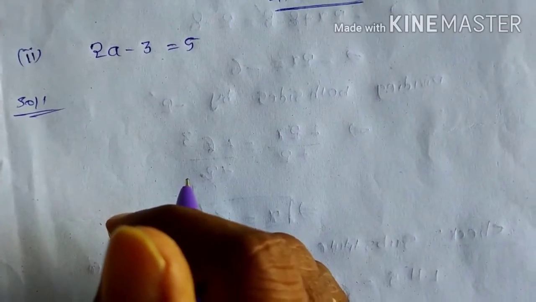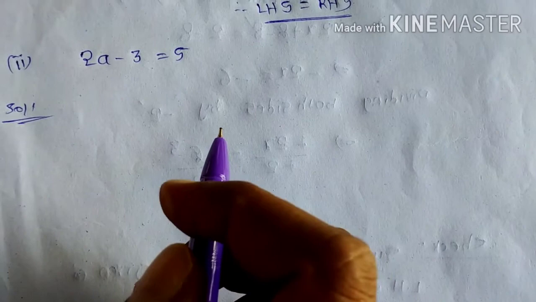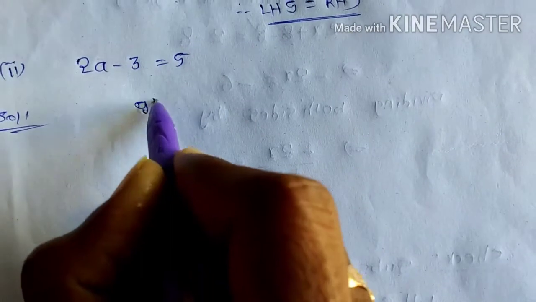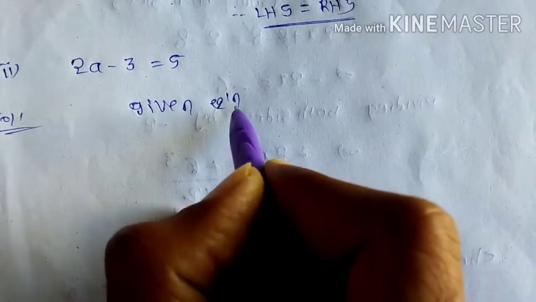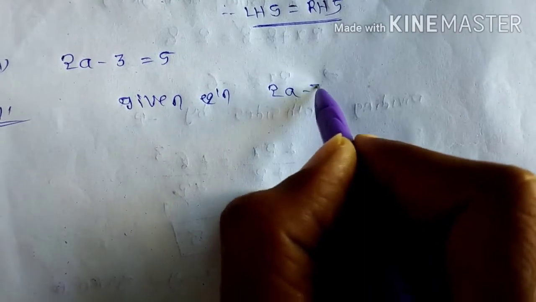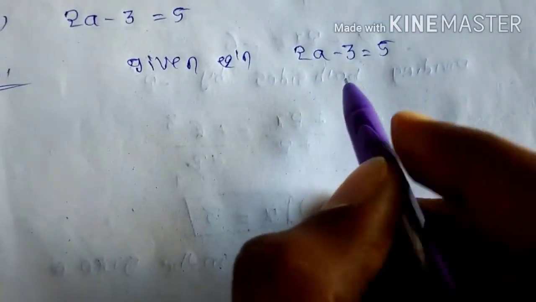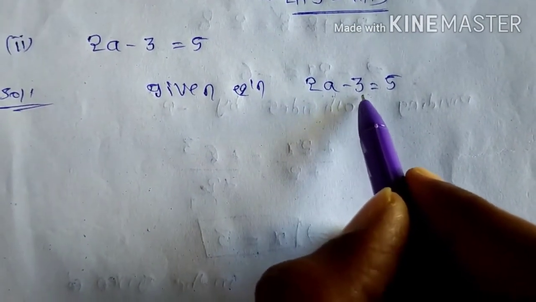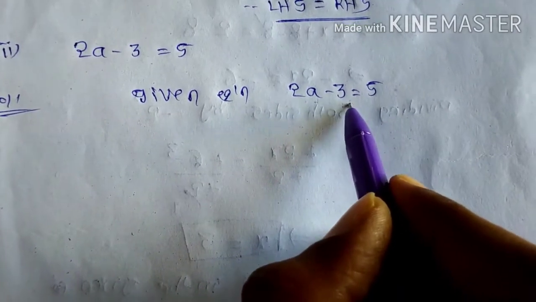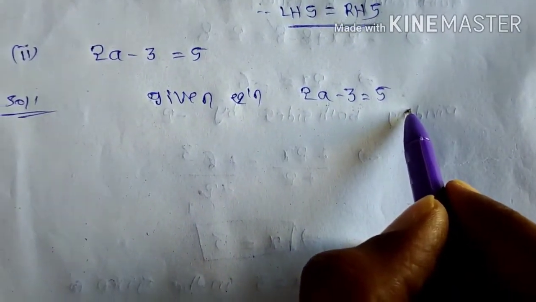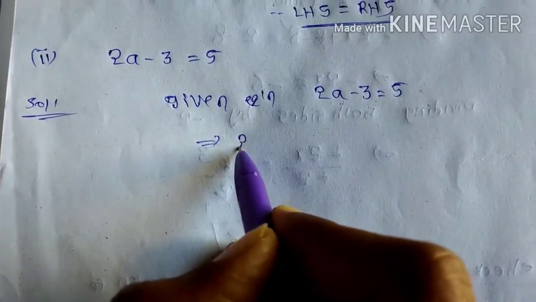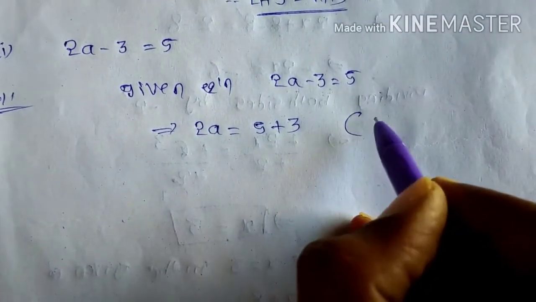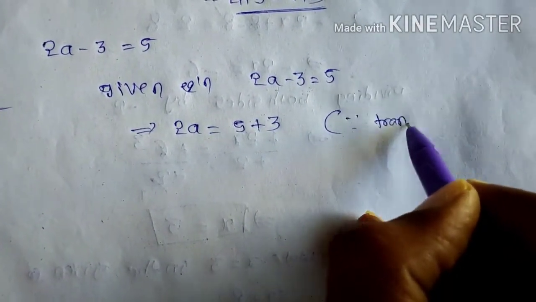See here another question. Solve the equation 2a minus 3 is equal to 5 using transposing. First of all I am writing the given equation. Given equation is 2a minus 3 is equal to 5. See here, the variable value we need to find is a only. So you can transpose 3 to RHS. Already it is minus 3. If I am transposing 3 to RHS, it will become plus or not? Yes. So you can write here 2a is equal to 5 plus 3. In the brackets you can write transposing